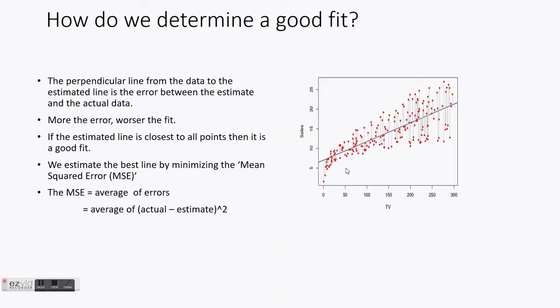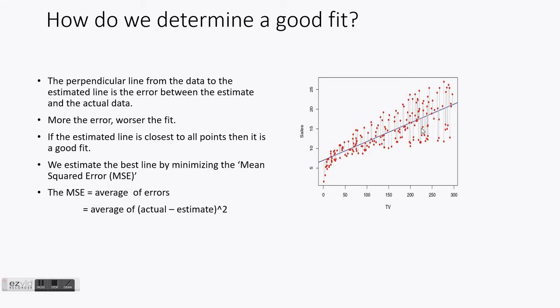The way that is done is, assume that this blue line is our estimated line, and these red points are the data set. From these data points, we draw perpendiculars to our estimated line, compute the distance between each data point and our estimated line, and take the square of the distance. We take the square because if we just take the absolute value of the distance from these points to this estimated line,